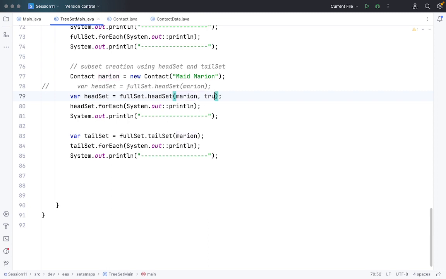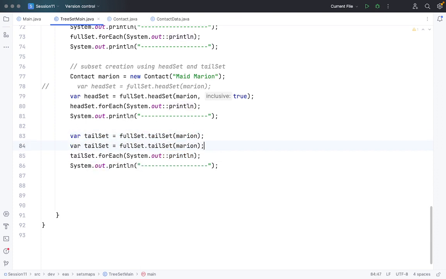So if I just add true here, and for tailSet we also have an overloaded function with a boolean value, if I set false, I don't want to include that divider object in my set. So if I just run this code,